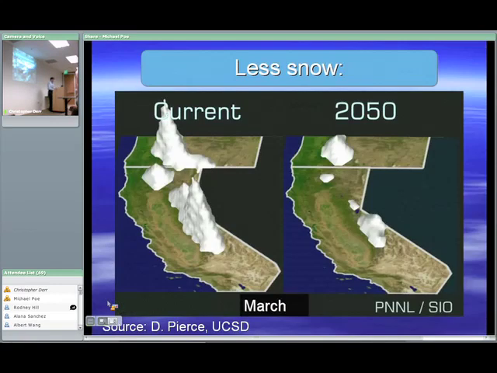But the basic issue with water is snow. And I showed you observations indicating snowpack seems to be decreasing both in California and the West. This is a projection, and there's a lot of uncertainty in this, but no matter what, it's clear that the loss of snow is going to accelerate. It's going to become severe. And it easily could be by 2050 that half the snow is gone.